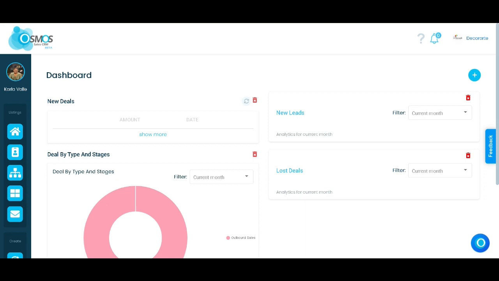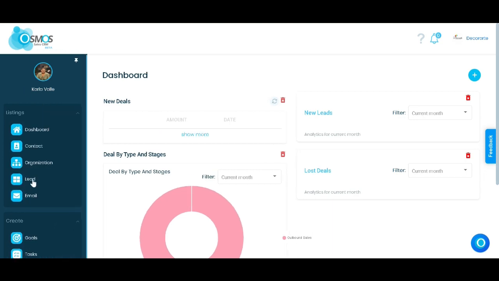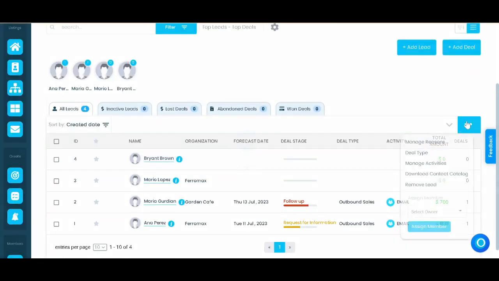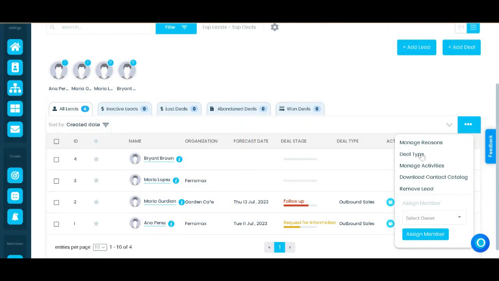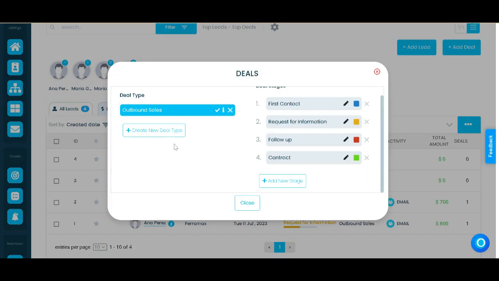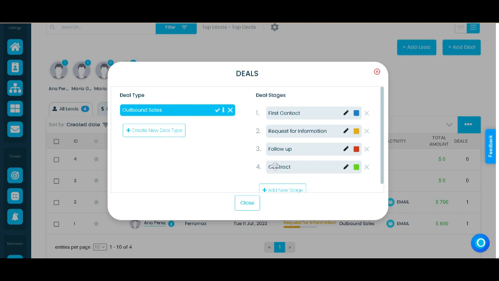Let's get started. To begin, let's define your sales process. Go to a lead section and select the three dots. Then click on deal type and choose between creating a new deal type or using the one that is already predefined. A deal type categorizes and organizes sales opportunities based on specific characteristics, such as the nature of the sale